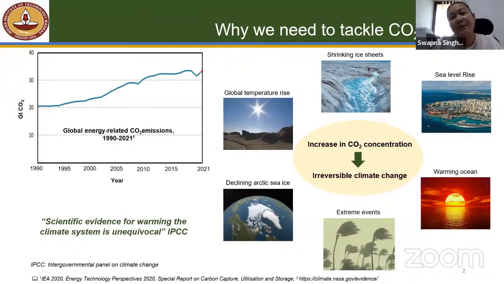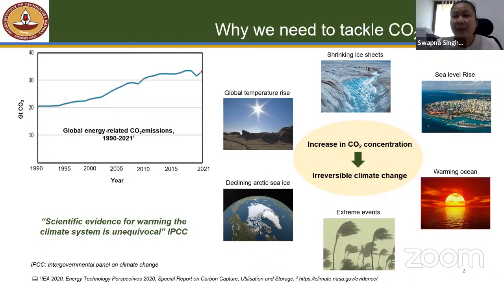So we need energy. And where is this energy coming from? From fossil fuel or power plants, those types of industry. But because of that, CO2 emission is also increasing. The increase of CO2 concentration in the atmosphere means climate change. The Intergovernmental Panel on Climate Change, IPCC, is a panel where a lot of countries and governments come together and talk about climate change. They say that the scientific evidence for warming of climate change is unequivocal,